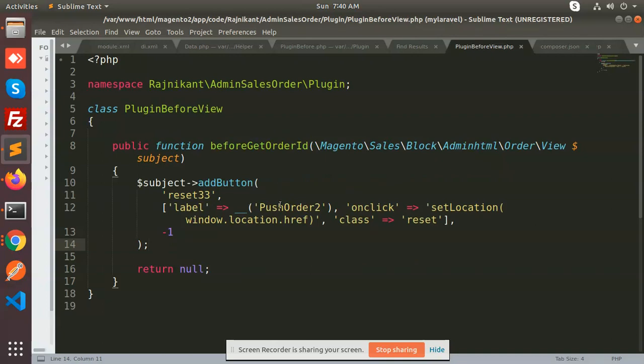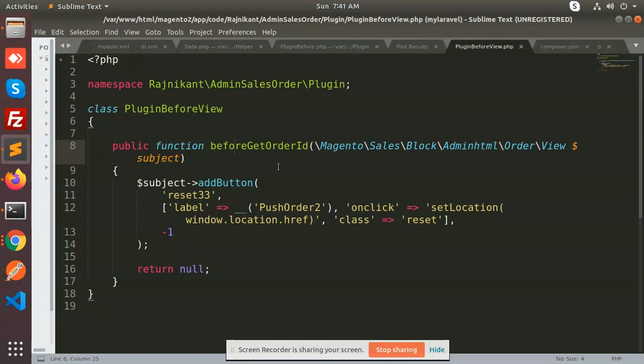Same with the another one, that is push. I have already window.location.href on click where location you need to set. Right now window.location.href means that it will reload on that section only. It will not redirect and do some manipulation or calculation. If you add this calculation, then you have to take the path of the controller. After clicking on that, it will redirect to that controller and do the manipulation and all, right? So this we can modify, before get order id what we can do the manipulation, after order id what can we do the manipulation. This kind of stuff we can do with the click on the button.